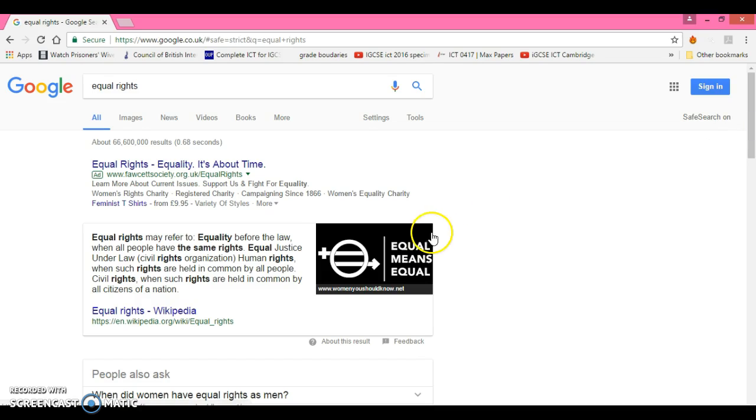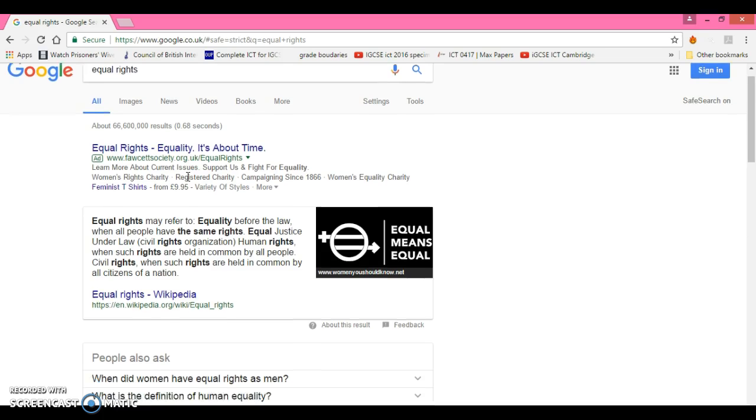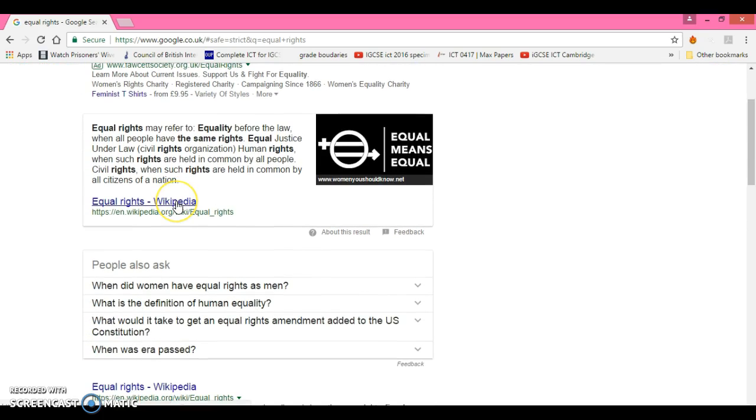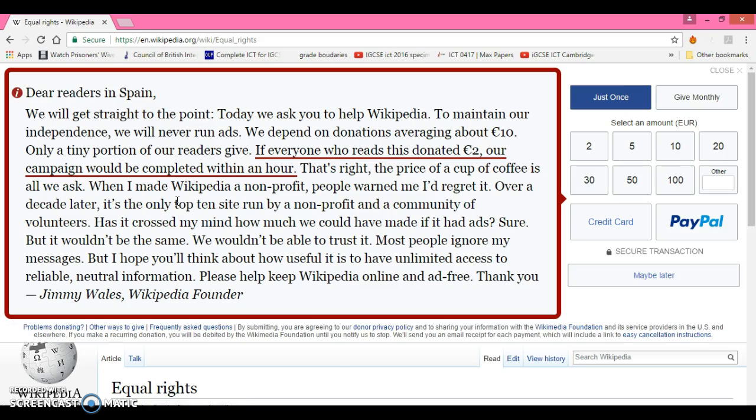So, for example, would you use this site, okay? I might not want to use that site because it's advertised. For a start, it's got advertisements on it. But then again, I may want to use this site because it's .org, okay, which means organisation. I most certainly would not use Wikipedia. Okay, why would I not use Wikipedia? If I click on Wikipedia, okay,